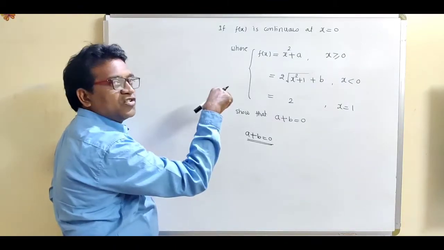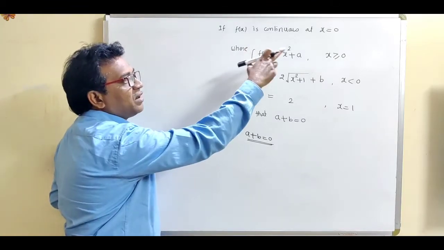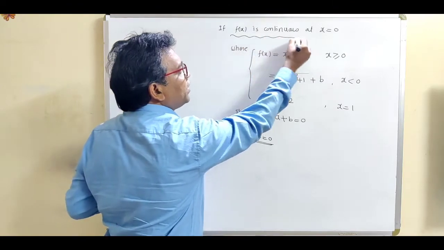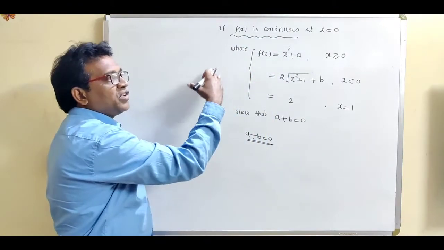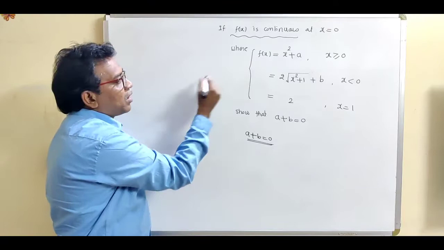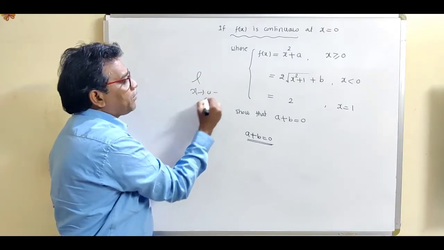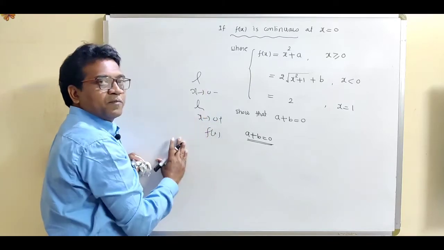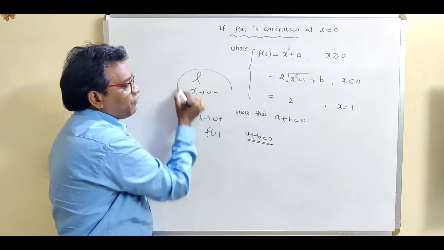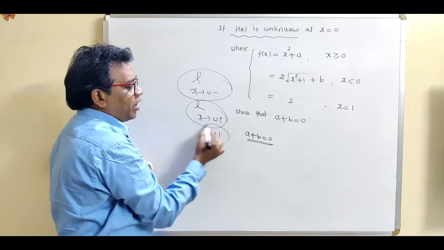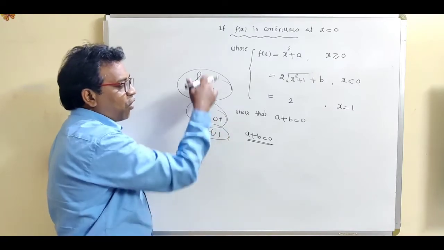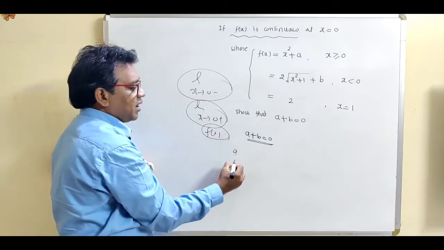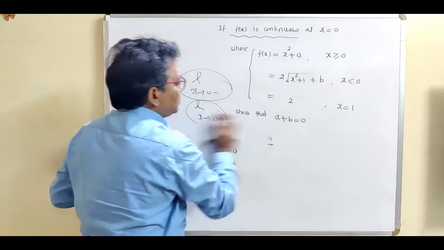So this is exactly the same as the previous problem. What is the given condition? f(x) is continuous at x equal to 0. So just use this definition of continuity. Because the function is continuous at x equal to 0, continuous means limit from left, limit from right, and the value of function are equal values. So just find out left hand limit, right hand limit and value of function separately. Just put all those values in equation number 1, we get this a and b. So write down the solution.